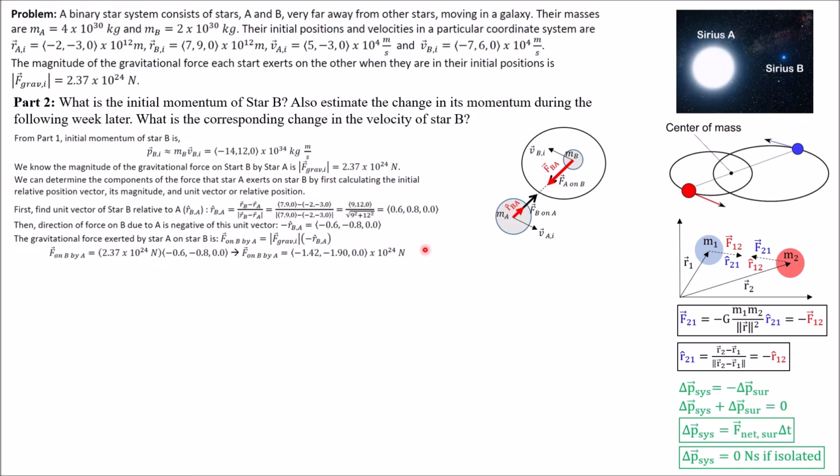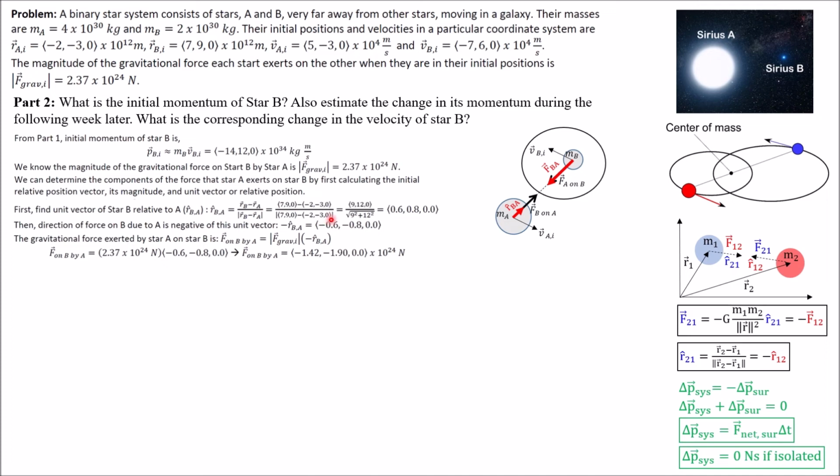Before, we didn't have any net force from our surroundings, and now we do. We only have the magnitude of the gravitational force, and we need the direction as well. So we'll find the unit vector of star B relative to A. We can call that r-hat BA, and it's pointed at star B. We know that the force is going to be opposite that, as shown in this formula graphic that I showed you earlier. We know these positions, so we'll subtract the positions they give us and divide by the